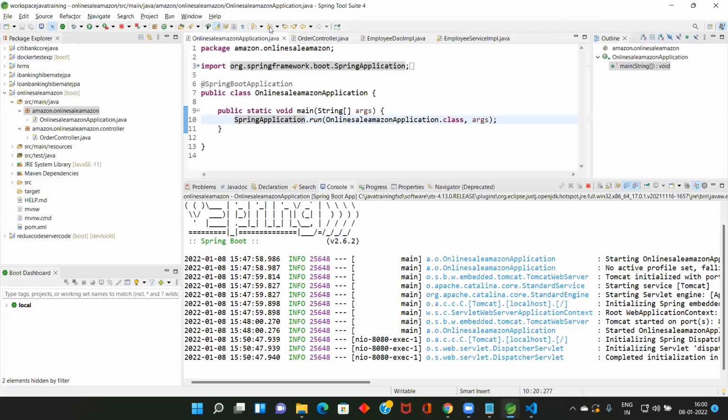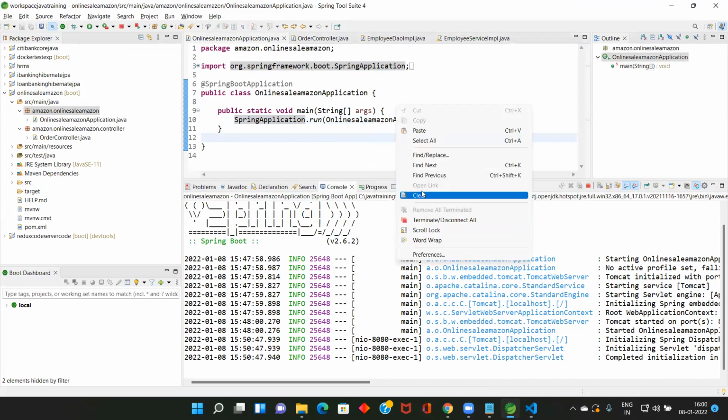So now all of you should be able to see my screen, and let me open my STS. How will you relaunch? Right click on this one, double click. If you want to stop, click this one to stop. So now this is a stop button and this is a relaunch button.